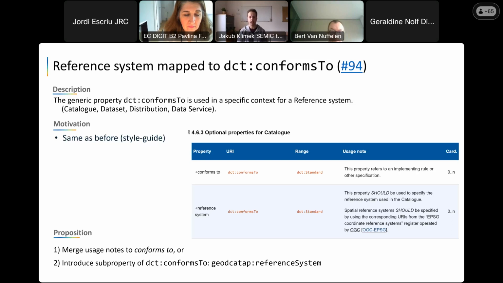So here I would actually want to have either a comment. So if you want to voice a comment, please raise your hand again. Otherwise, I would here vote for 1 or 2. So 1 would be merge the usage into conforms to, into the generic one, because reference systems are not that specific, so they can be mixed with the other standards, or two, but here we